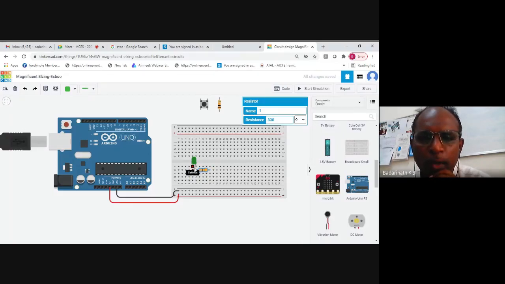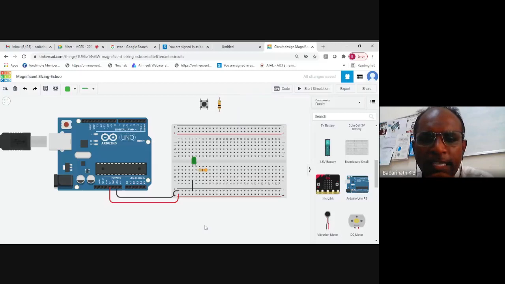Now I have to make the 2 wires. So this cathode is connected to what? Ground. So I'll make 1 wire from here and bring it here. I'll change the color to black. So now see what meaning it carries. That is, the cathode is now connected to the ground, as this bus is already ground. Now this should be connected to what? Pin number 7 should be connected.